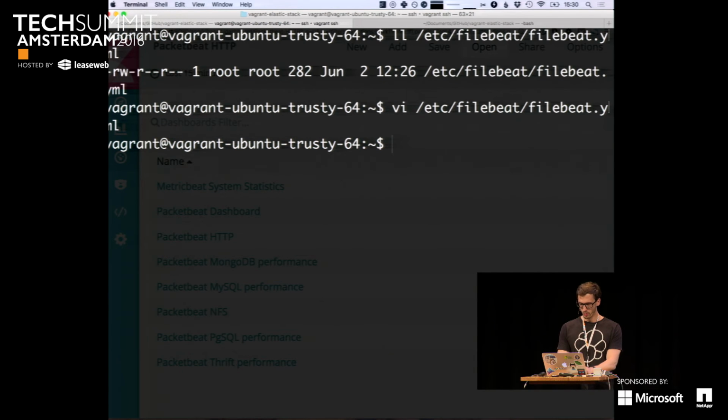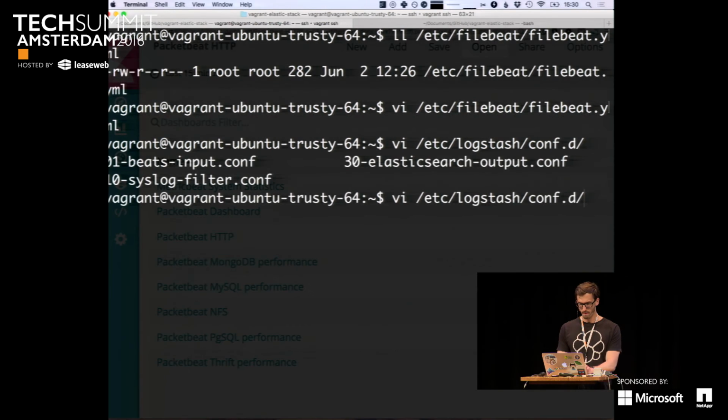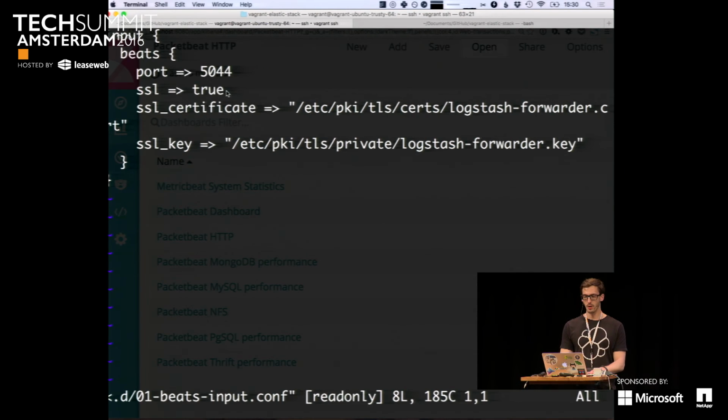So for those of you who haven't yet seen how Logstash is configured, you always have three parts for the Logstash configuration. Here my log files are coming in. The first thing is I have a configuration. Some stuff is coming in via Beats. All I'm telling it here is, OK, Beats will send you something. This is the port you would need to be listening on. Yes, use SSL. This is your certificate, and this is your key, and only do communication via this key pair.